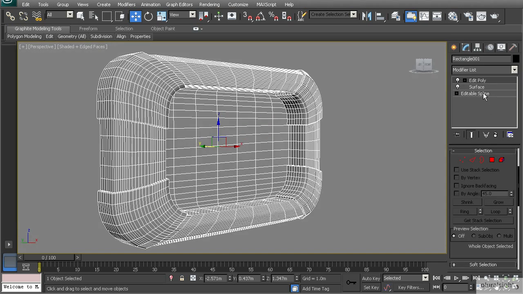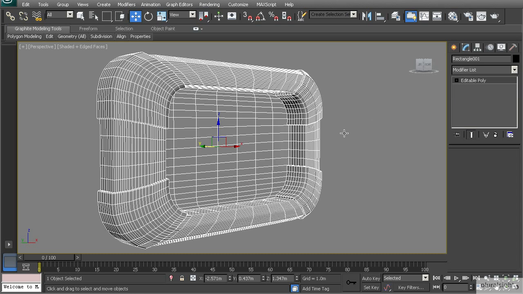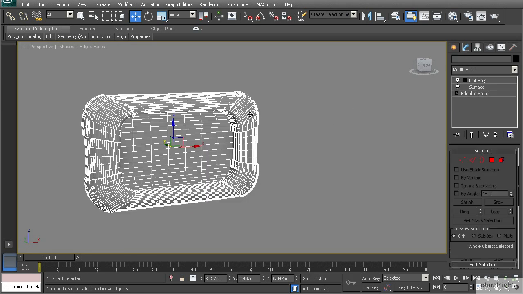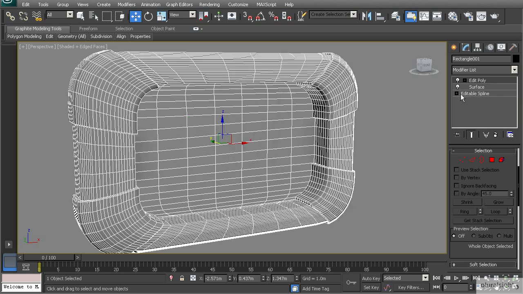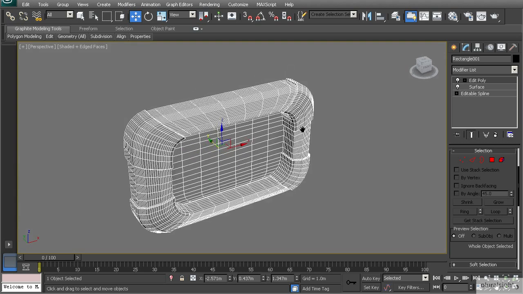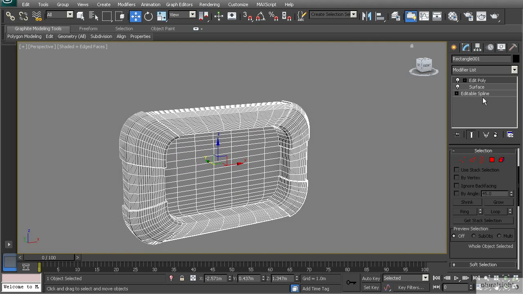and have used modifiers to model non-destructively. Now remember that whenever you're using this method, this does tend to make the file sizes a little bit larger because it has to store all of these different modifiers. You'll also have to remember that the order in which all the modifiers are stacked will change how the model is built. So for example,